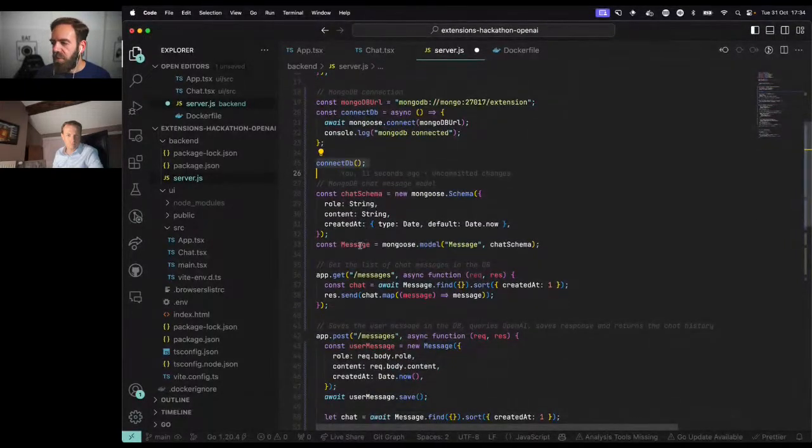And then for the database, I'm creating a schema for the messages, which has a role that will indicate if the message is coming from us or from ChatGPT, the content of the message, and a timestamp so that we can sort all messages and display them in a chat mode.